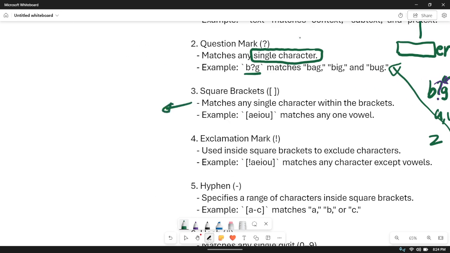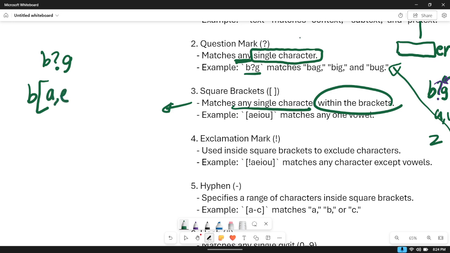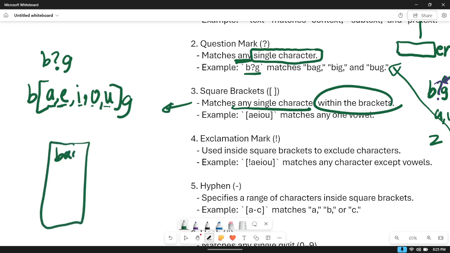Now, square brackets also work very similar to this over here. But you see, the thing over here is that it matches any single character, but the square bracket matches any single character within the bracket. So instead of me giving B question mark G, if I give B square bracket A-E-I-O-U, and G, that means that any of these, if I have them in the table, for example, if I have B-A-G,